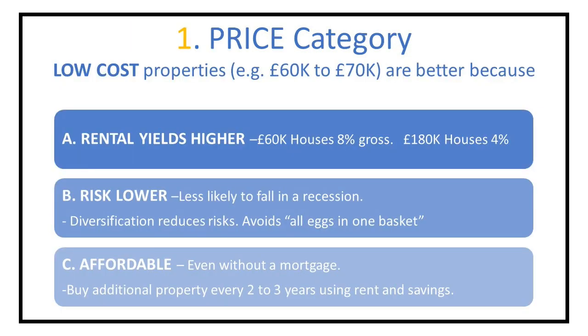Secondly, lower cost properties are lower risk. Whilst over the long term properties grow in value, it is possible for property prices to fall over the short term, for example during a recession. However, lower cost properties, which are already at rock bottom prices, are likely to fall less than more expensive properties, as there is always demand at the lower end of the market, and such demand increases in a recession when